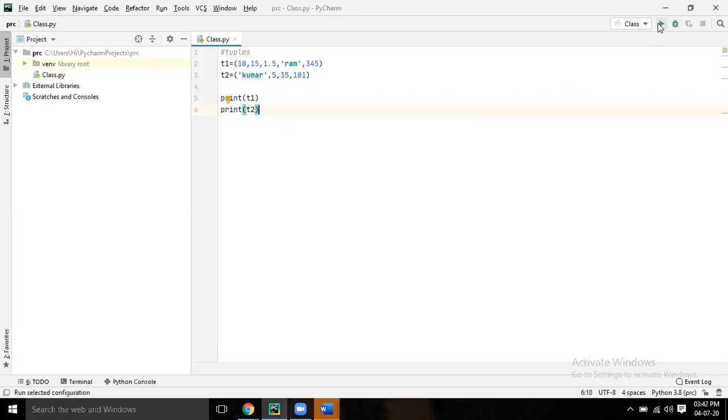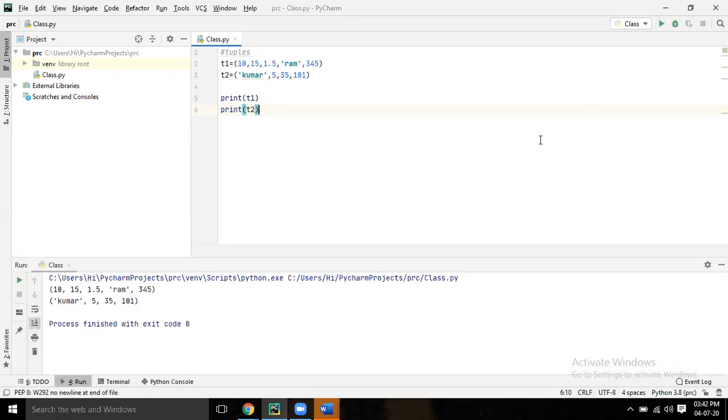You can run and check once again. Right click, run. Now print t1 of 3.